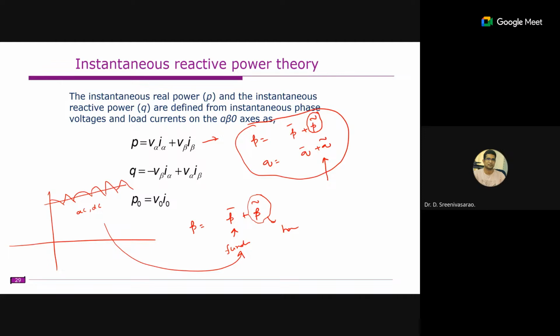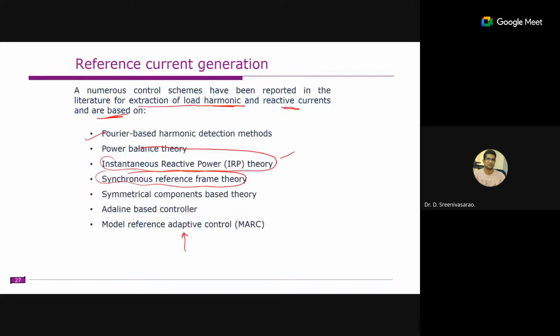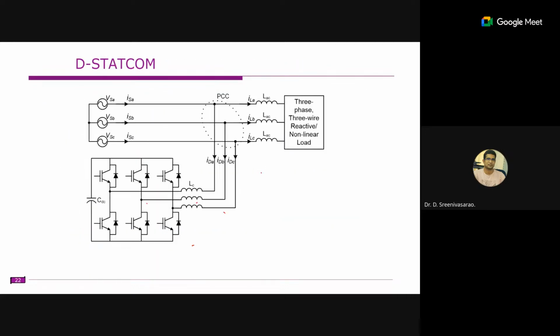Our objective is that we can completely eliminate this component. For that, you need to see here. This consists of P and Q, so both the P AC component and P DC component here. Similarly, this is Q DC and Q AC component here. But what we require on the source side is only the P DC component, and ideally we need to make Q as 0.